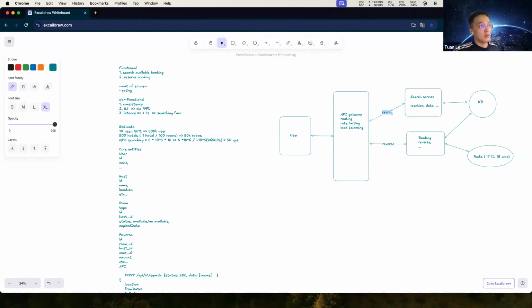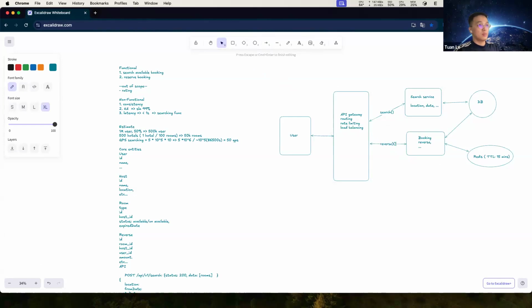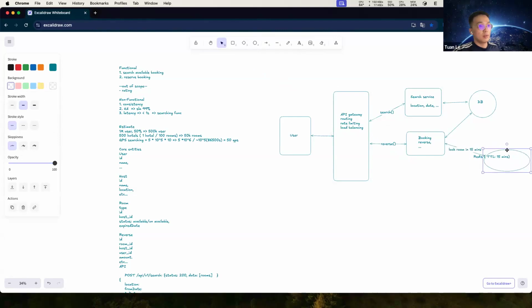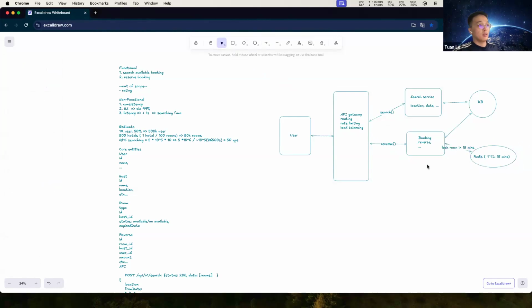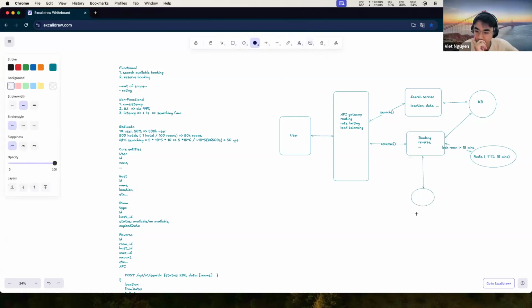And when the user books a room, we redirect to a third party to make payment. Third party to make payment, right?